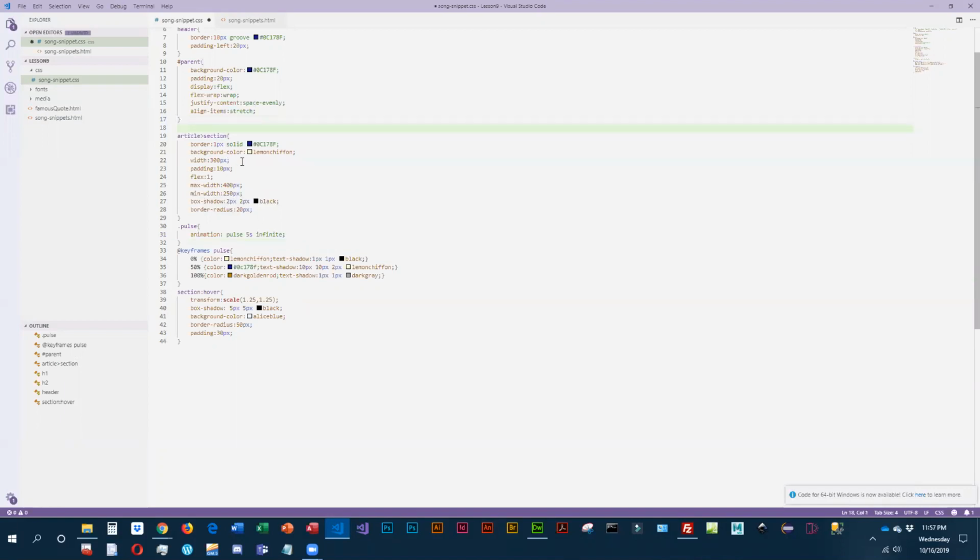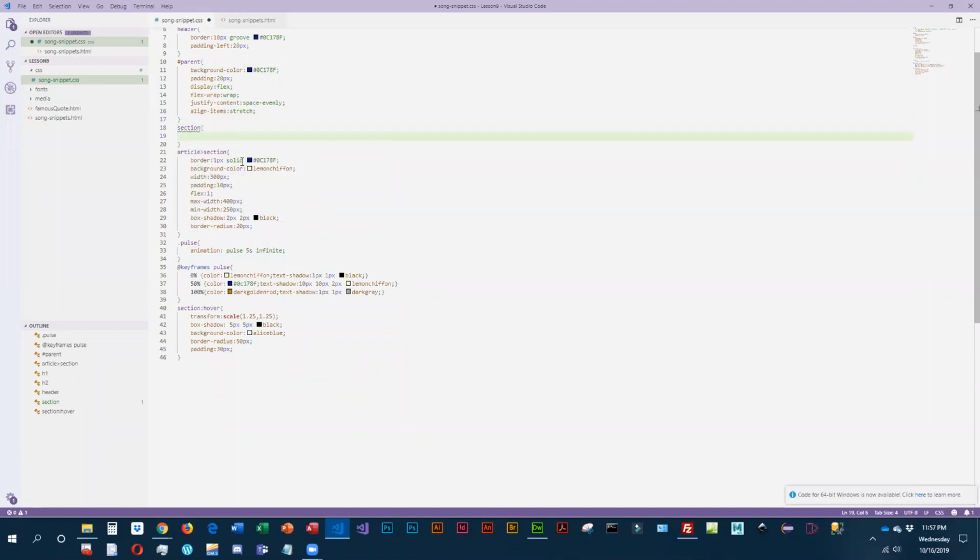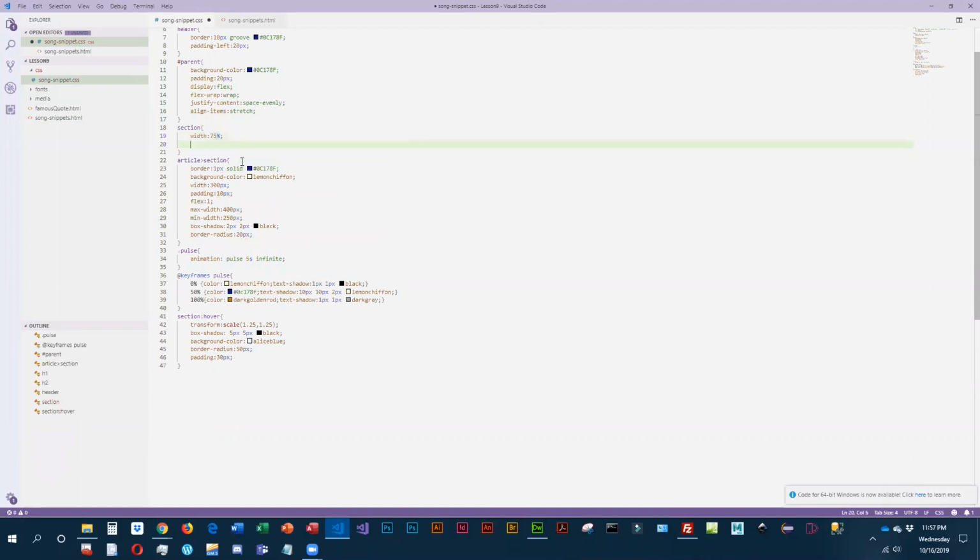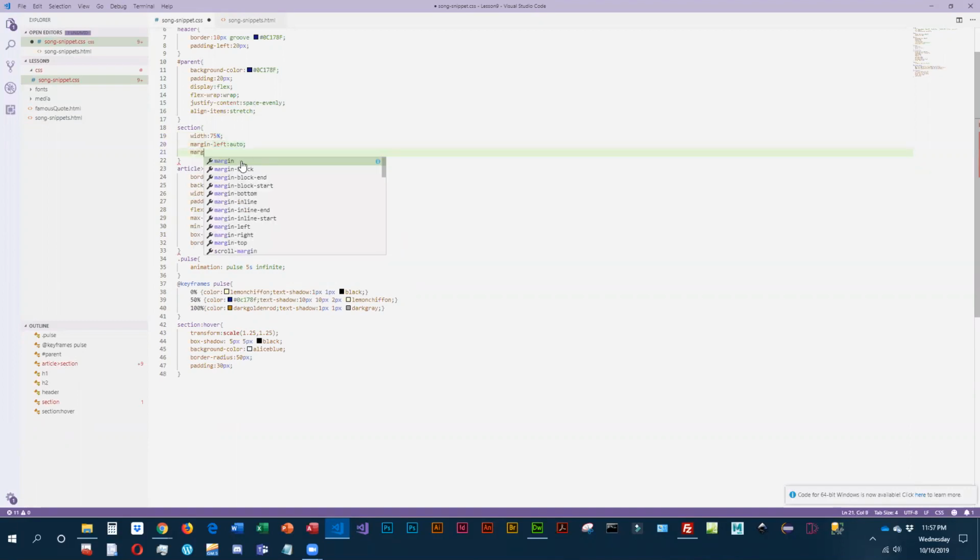So I'm going to go ahead and add that. So for section, we're going to do a width of 75%. Margin left is going to be auto, and margin right is going to be auto, and that will center align the section. So let's save,